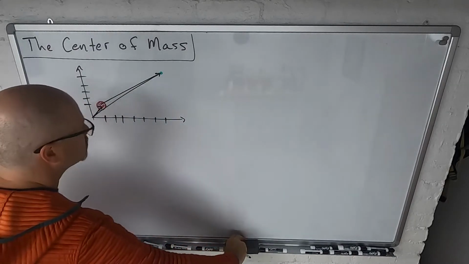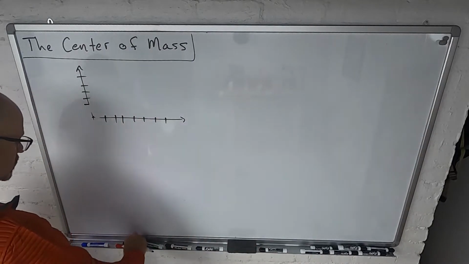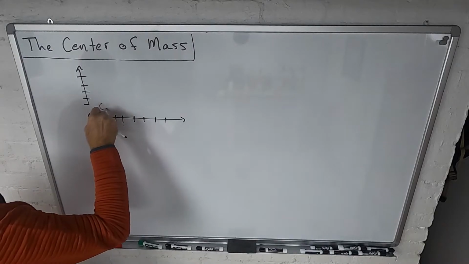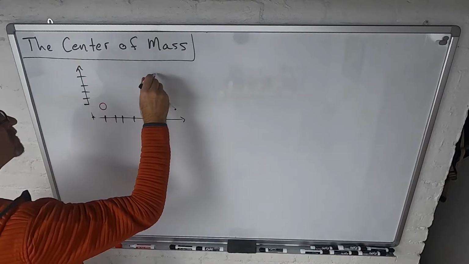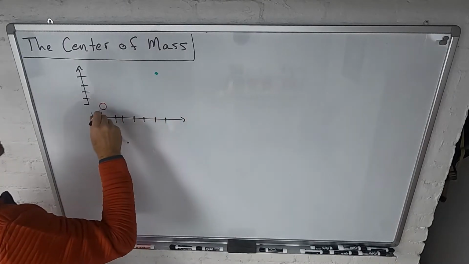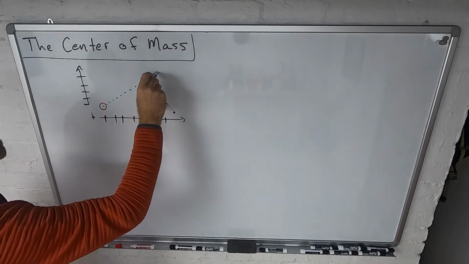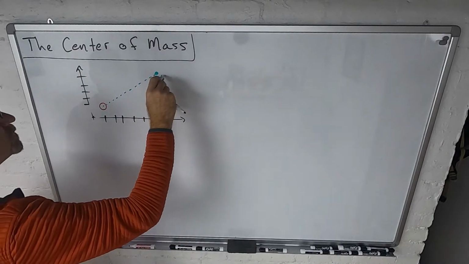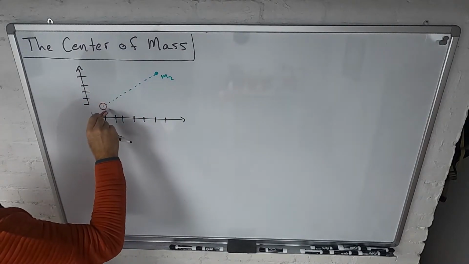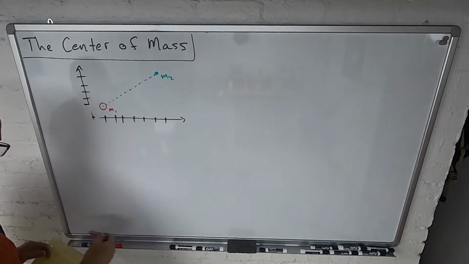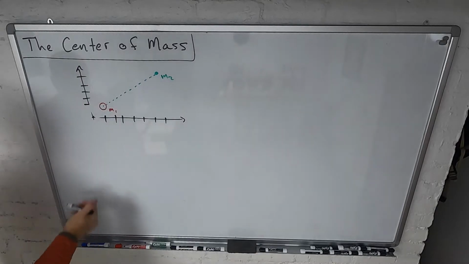Okay, now it's a little confusing. Let's do this a little bit better. I'm sorry. Here's my first. Here's my second. And I'm going to connect the centers along this line. This is mass 2. This is mass 1. Okay. And so, our center of mass,